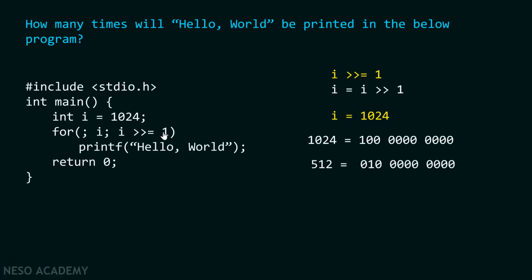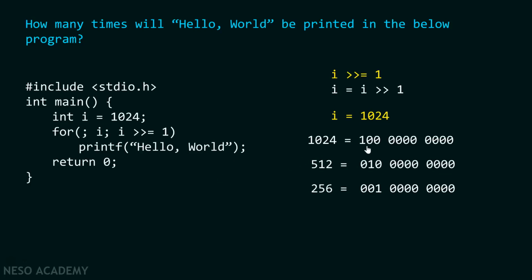After that we check the condition. 512 is a value other than 0, therefore it will be treated as a true value, and hence this particular output will get printed, hello world. After printing hello world, we again come to the step, that is I >>= 1. Again we shift all these bits towards right. So the output is 00100000000, and the decimal equivalent of this particular representation is 256, right? Again 256 is not equals to 0 and hence hello world will get printed. Up till now hello world is printed 3 times.